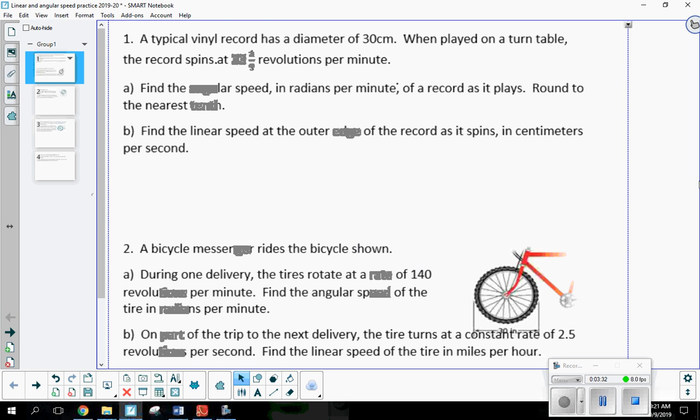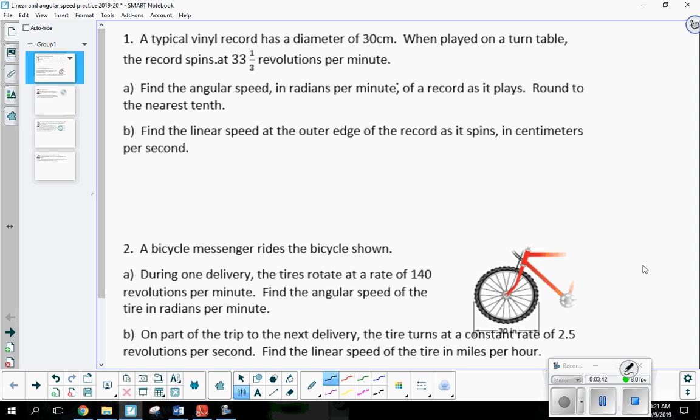So let's start talking about some linear and angular velocity. Okay, so let's talk about the formulas first, kind of just like a little recap of what we did yesterday. Linear velocity is speed. Okay, we related it to the distance equals rate times time yesterday. But for our purposes, we're talking about speed following a circular path.